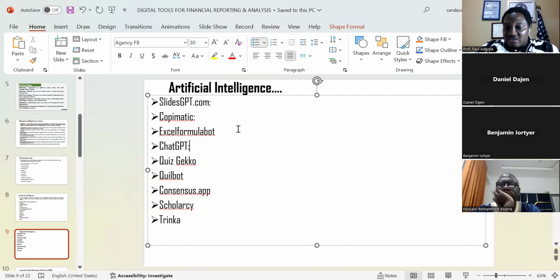At a time when I checked this, I researched into this. I think I started last year, January 19, when I came into the US. And within that period till date, I have discovered a minimum of 24 AI tools that are relevant to professionals. Don't let me limit it to accountants alone. And why am I researching into artificial intelligence? I'm also discovering the limitations, that is, errors from this AI, so that people will not rely on them 100%.